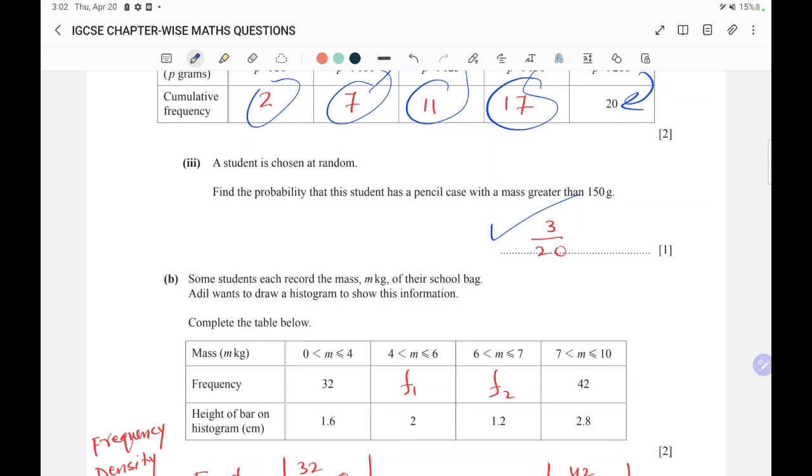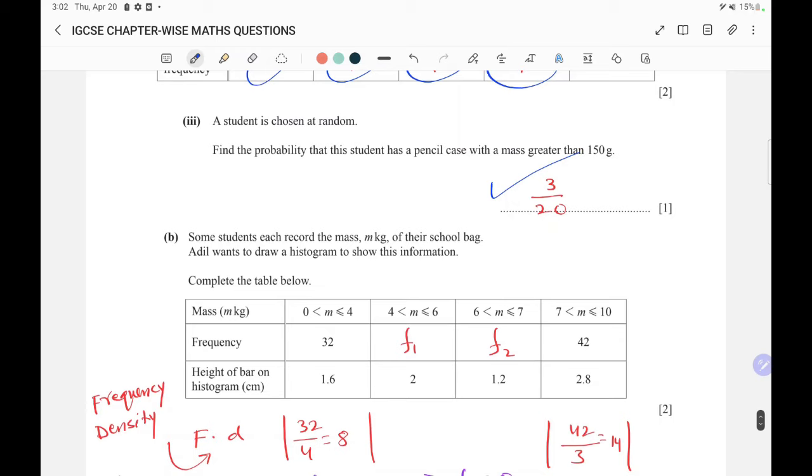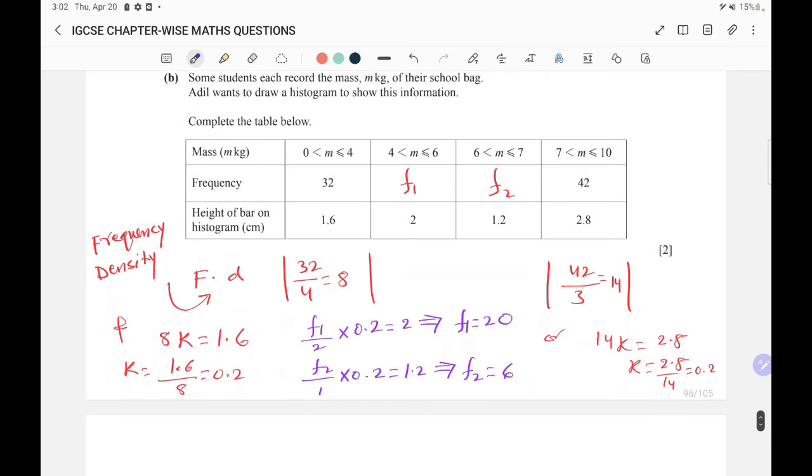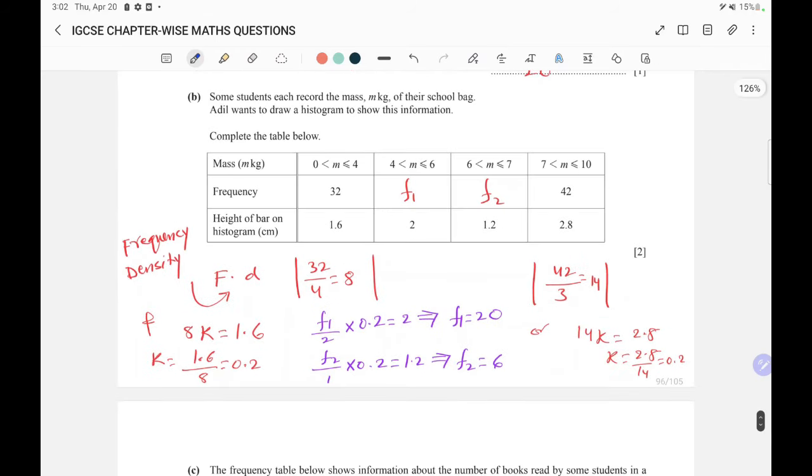Some students each record the mass m of their school. Adil wants to draw a histogram to show this information. Okay, so this is a good question, by the way. This is the height of the bar, 1.6 and 2. But we know the frequency density. Frequency density is